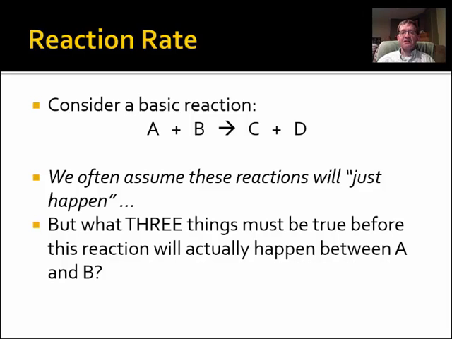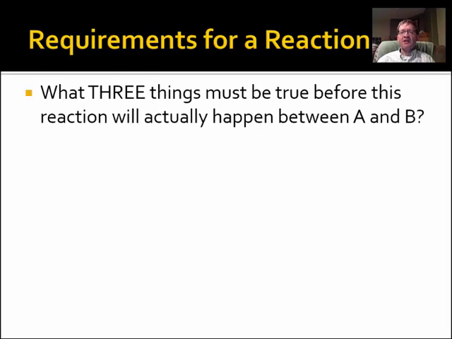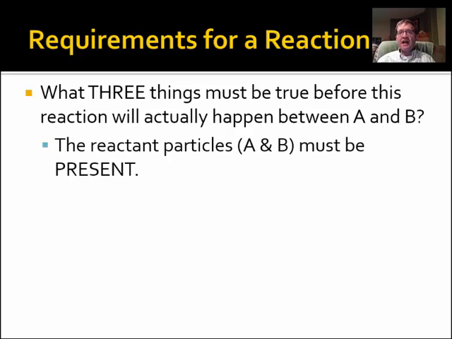That's basically the idea. And some of these are real no-brainers. Other ones maybe make you think a little bit. So for A and B to yield C and D, just real basic truths. One, you've got to have A and B present. So whatever A and B are, you have to have both of those two substances. Just because I can write the equation doesn't mean I can do the reaction. I actually have to have A and B in bottles or containers or samples of some kind